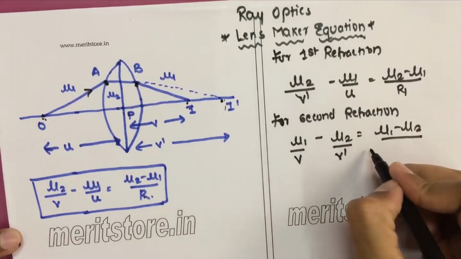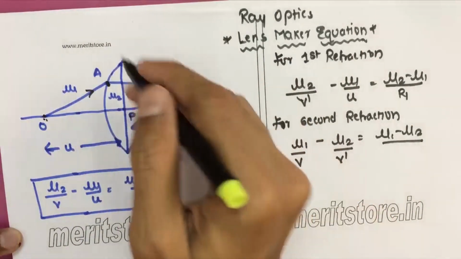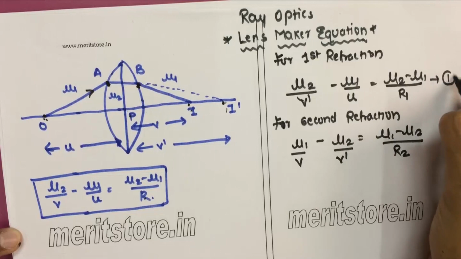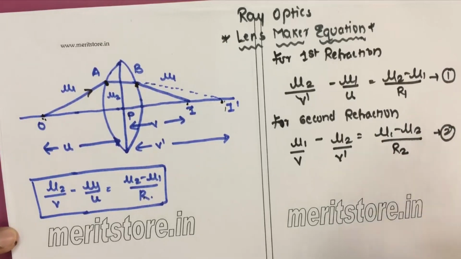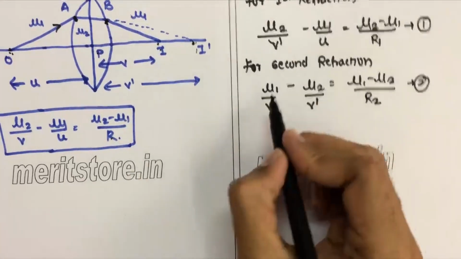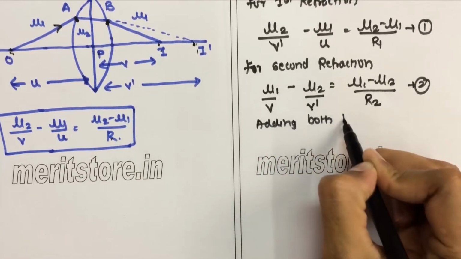So this is V dash upon R1. This was the first radius of curvature for the first half of the lens, and for the other half of the lens we take it as R2. So this is equation number 1 and this is equation number 2. Now all we are going to do is add these two equations. Okay, so adding both the equations,